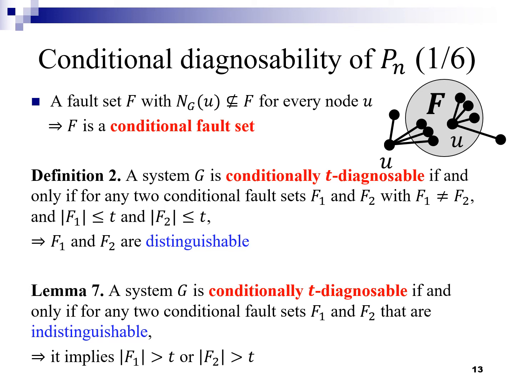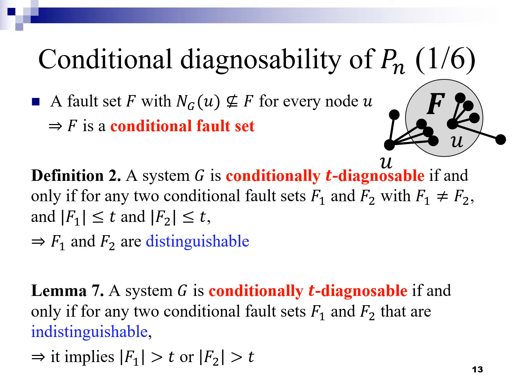A similar definition equals to previous definition 2, which is described as Lemma 7, which defines that a system is said to be conditional t-diagnosable, which means for any two conditional fault sets F1, F2